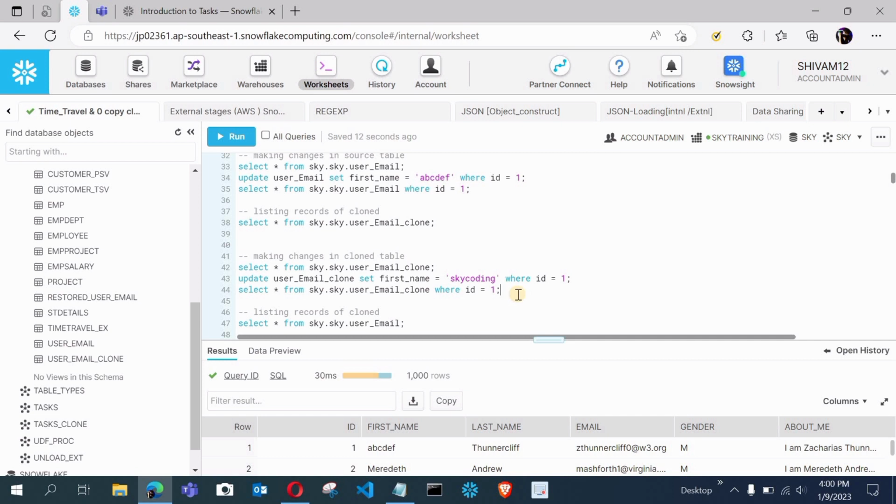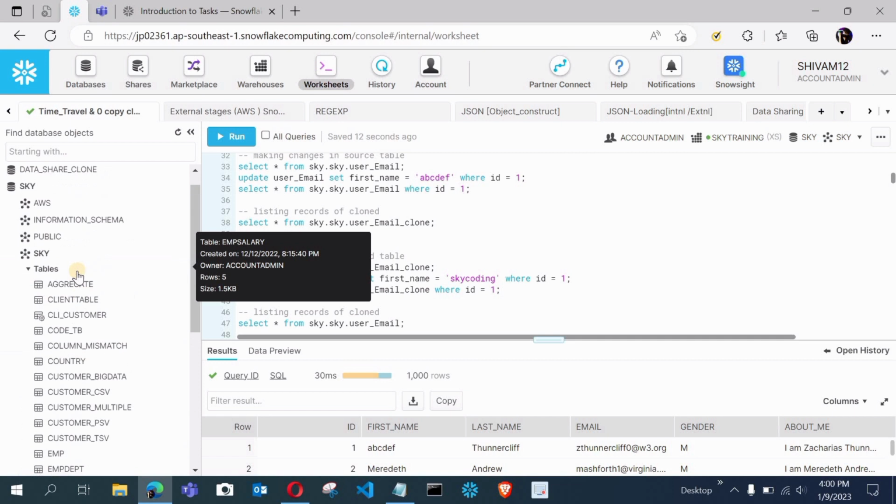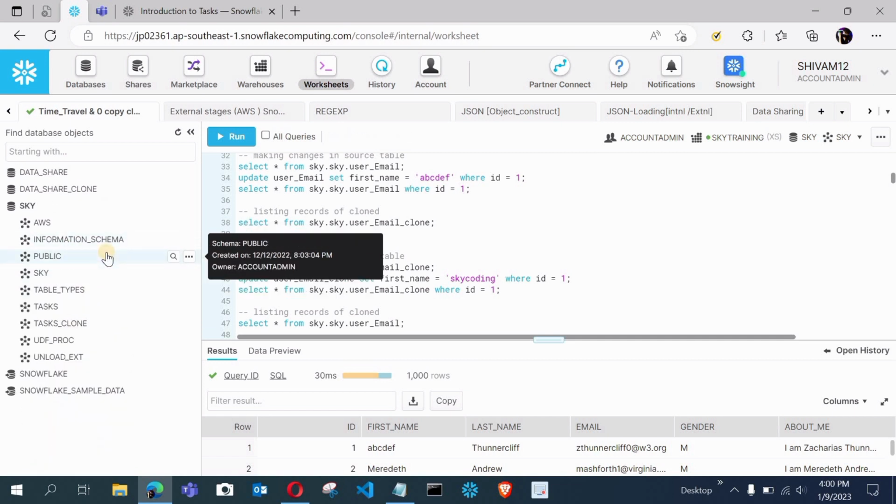The basic overall thing is that these two tables, the clone table and the source table, are independent. You can say that any cloned object is independent.